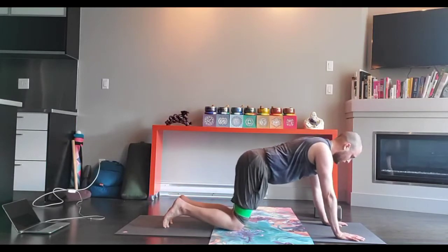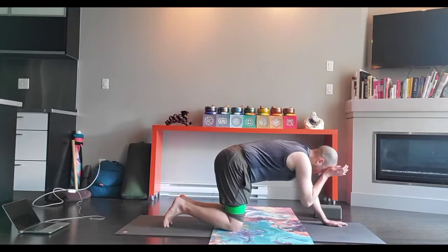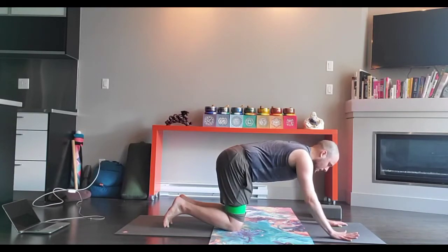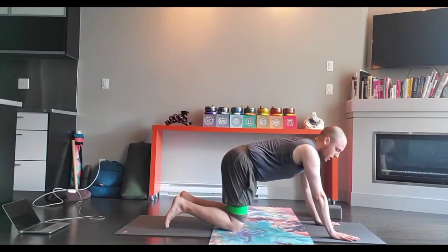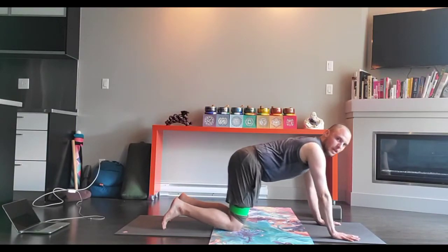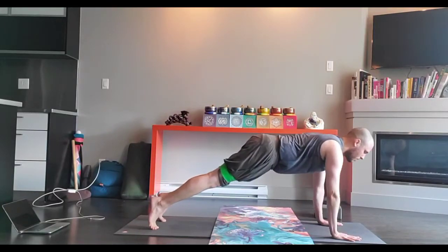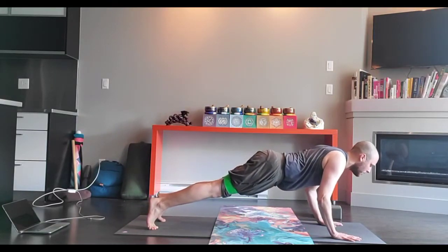From there, lower to your knees. Take a moment, breathe in, and breathe out. Okay, from there, you can stay in your hands and your knees for this, or you can lift your knees back off the ground. From there, coming forward, we come into a little push-up, lower down a couple inches, down,